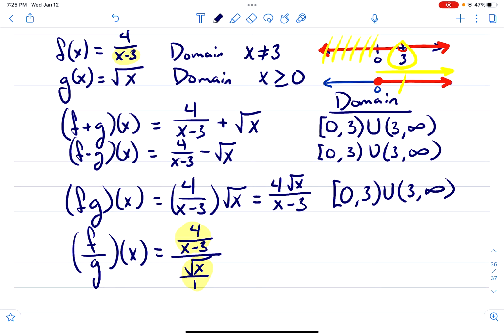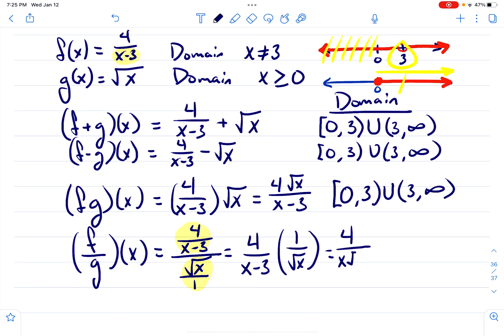And when we're dividing fractions, we flip and multiply the second one. So we have 4 over x minus 3. And then we take this other one, we flip it, and it becomes 1 over square root of x. And we can distribute that and get 4 over x times the square root of x minus 3 times the square root of x. And that's ugly all day. Okay. So we got to ask ourselves,